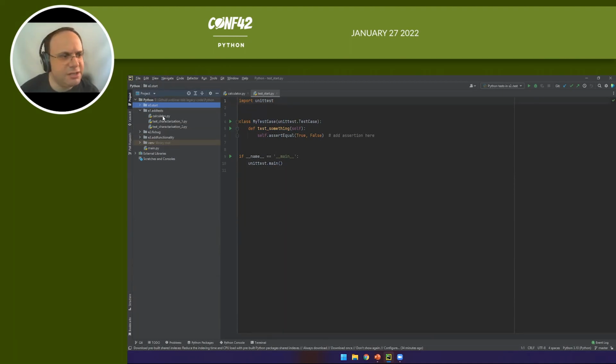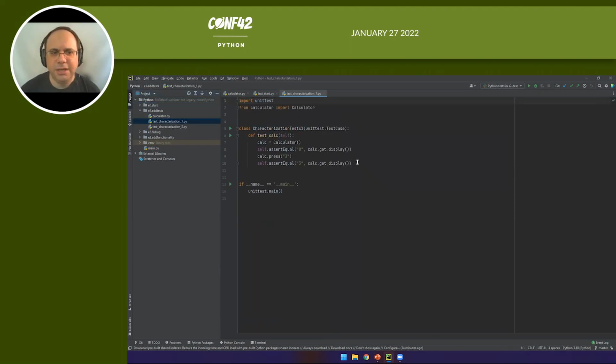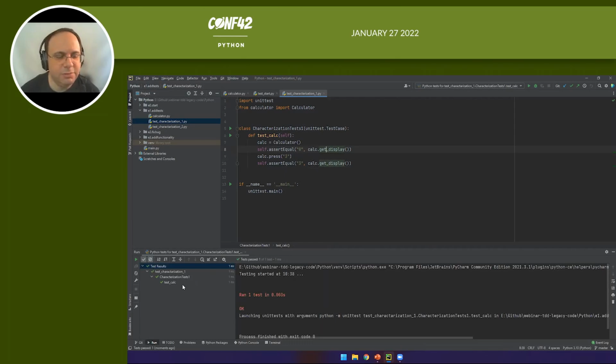So the calculator stays the same for the beginning. And I wrote this test that creates a calculator class. At the beginning, my expectation is that it should show 0. And when I press 3, it should show 3. And this test works. It works according to my expectations. So I take this and I multiply that,